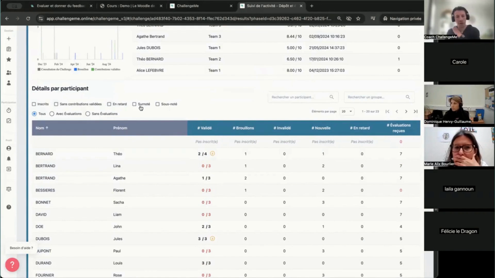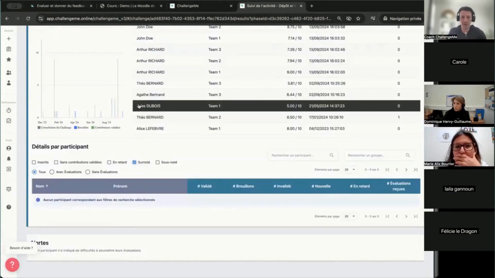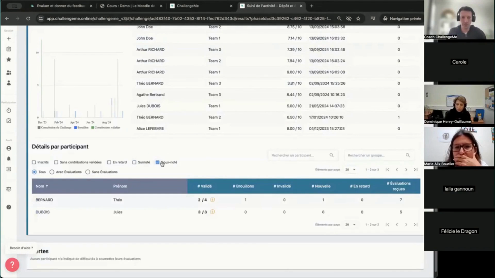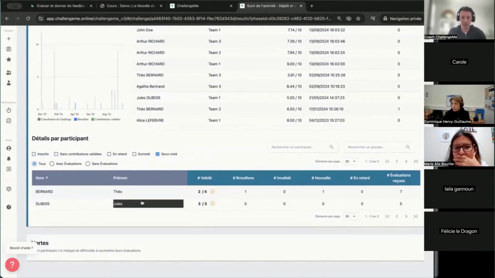And you have important information, those who have possibly made evaluations that are considered by the system as overgraded or undergraded. Here, if I click on undergraded, it will filter. And there we see that these 2 students, based on the evaluations they have completed, are considered by the system to be undergraded. This is very important, especially for overgrading. Eventually, a student who doesn't play fair and gives everyone a 10 will definitely be seen as overgrading here directly